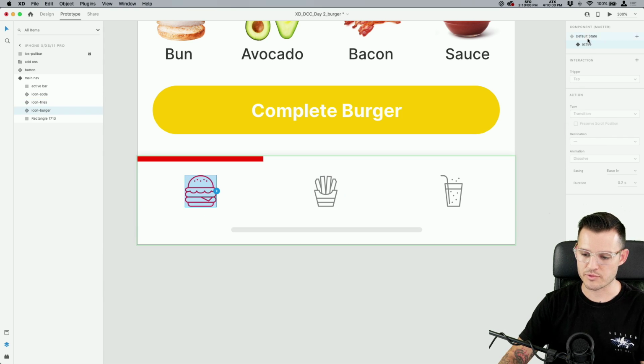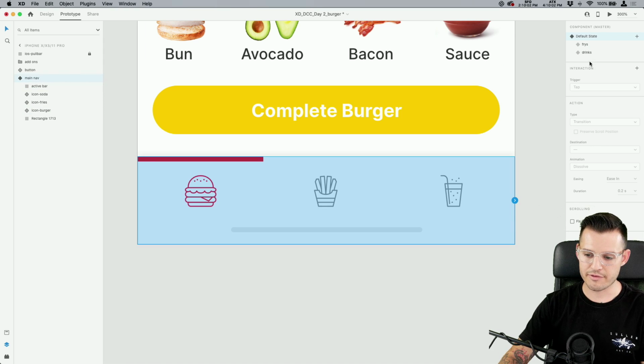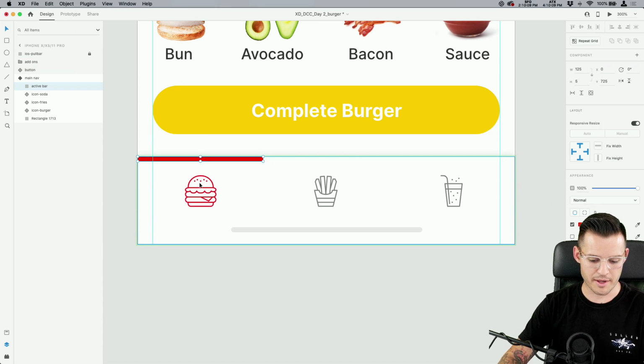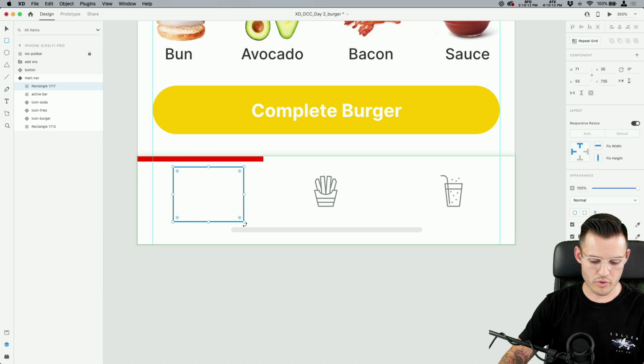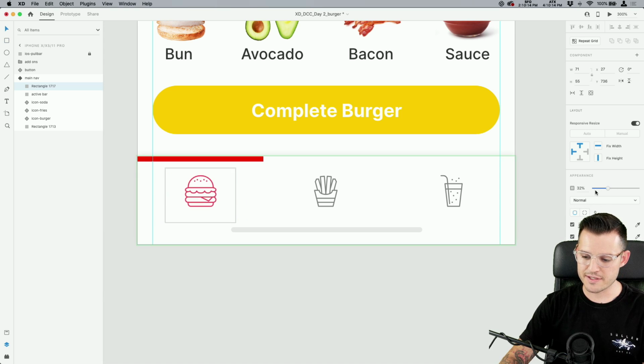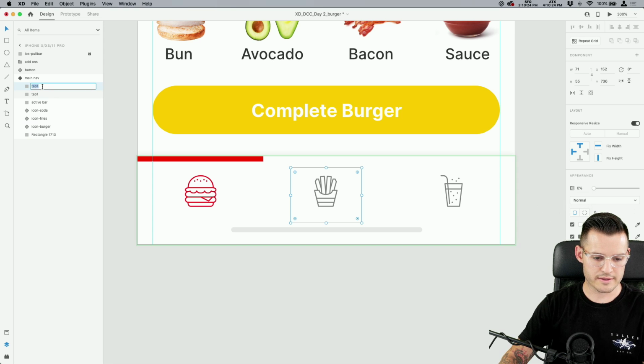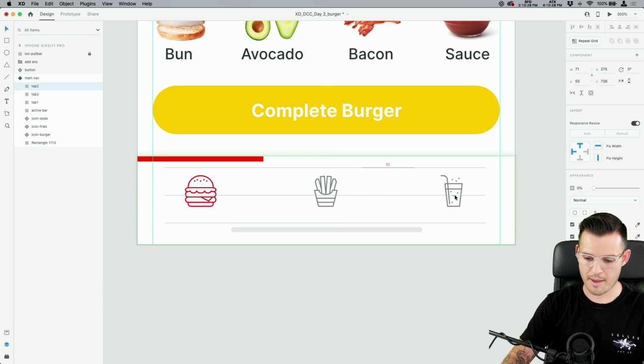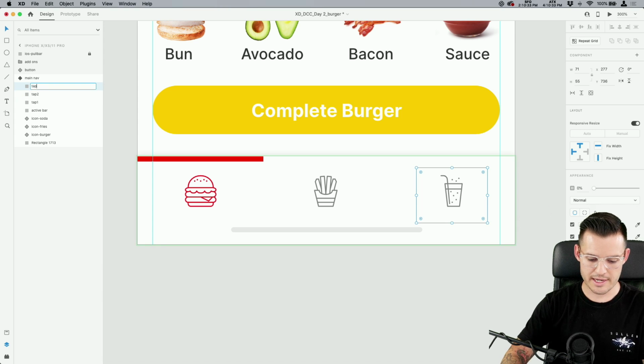Yes, sometimes I do things wrong. Let's go back to our main nav here, and we're on our default state. I wanna take a few rectangles, all right? That's the next thing I'm gonna do. Sorry, I almost forgot about this. I'm gonna draw a rectangle here, and it's gonna be an invisible tappable state. So I'm gonna call this tap 1. I'm gonna do another invisible tappable state that I call tap 2. And I'm gonna show you something really cool about this that happens by default in XD, which is really great. I'm gonna take the last one, I'm gonna name it tap 3.